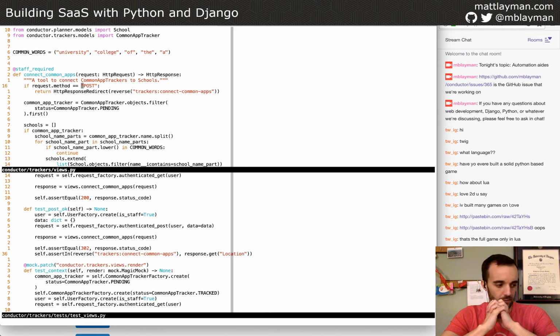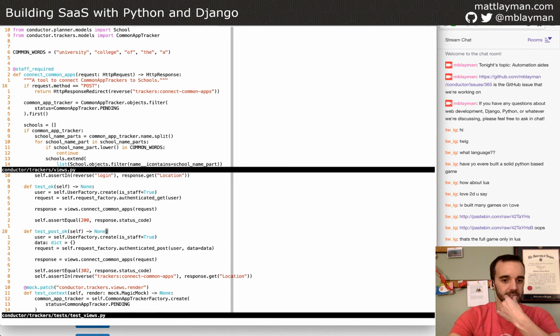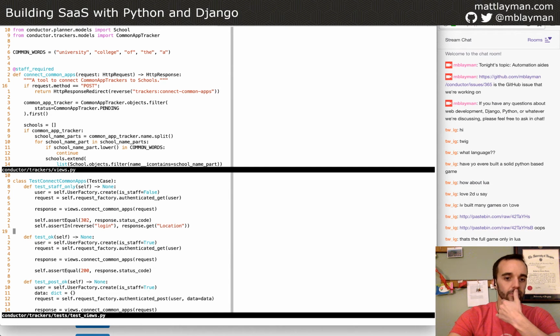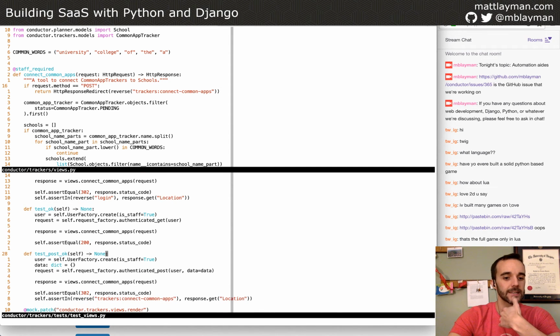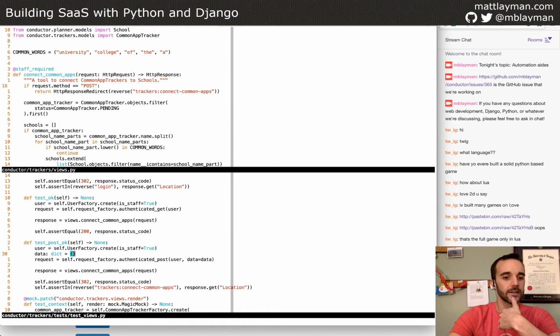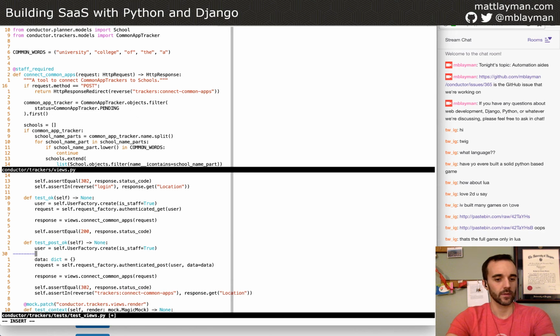And what we want to do in our test is, on the other side of this, we need to create a common app tracker. So let's do that. And I'll show you why in a second. And I'm using the factories.